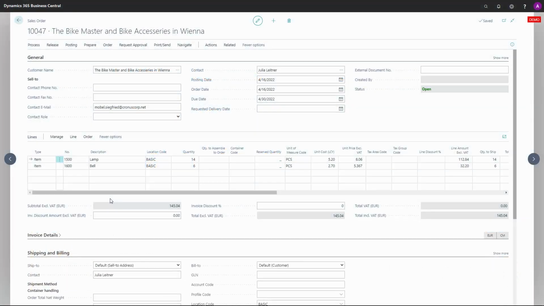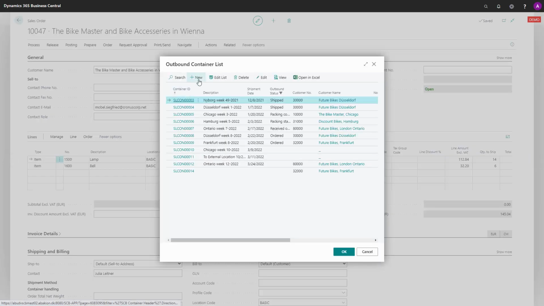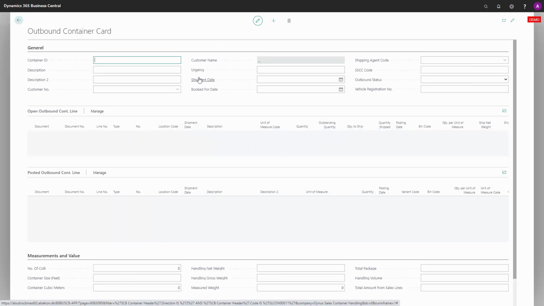Let's take a look at the status field on the container header and how to use it. Here's a cell sorter, and I want to add a new container to ship some of the quantity in the cell sorter, maybe another cell sorter. Therefore, I will create a new container, and already here you can see that container number 1 and 2 is not on the list, it's out of the filter.